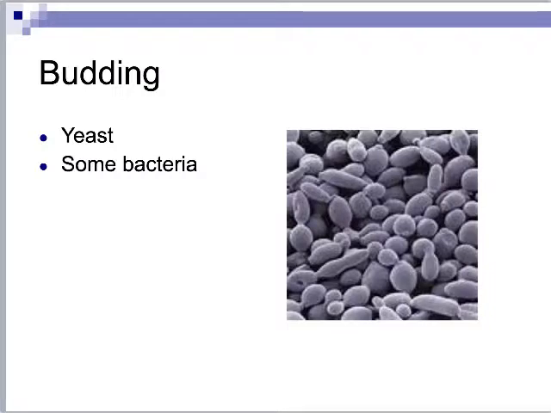Some organisms bud. Budding is different than binary fission. In binary fission, the cells are the same size. In budding, a small piece breaks off. If you looked at yeast, if you're getting ready to make bread, and you see a bud, it's going to be this smaller little piece coming off. Here's an example. There's some budding.